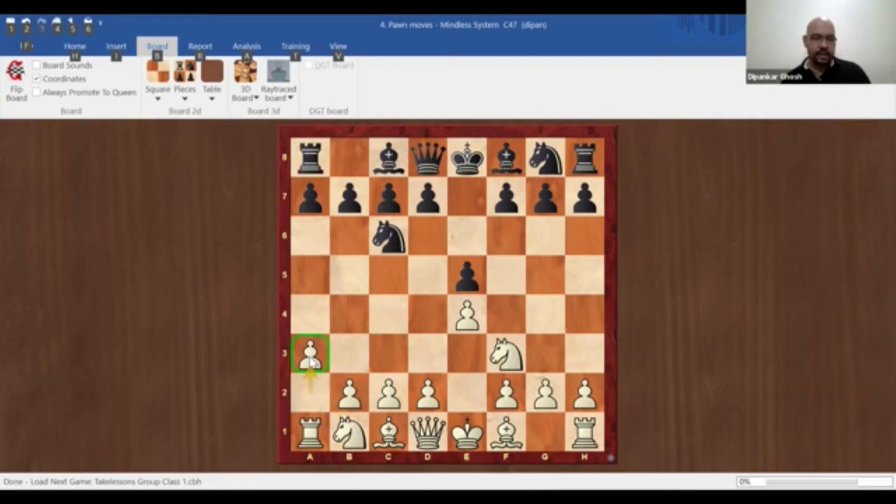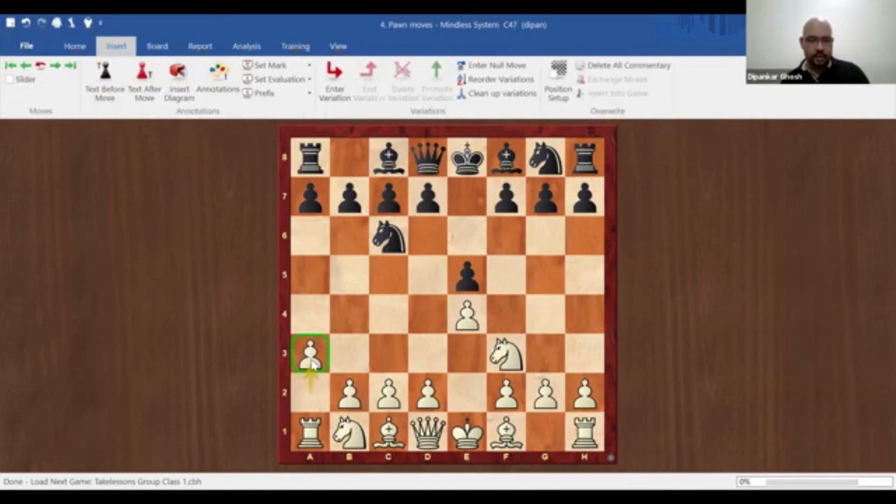No, but many players will reason that, oh, I don't want a knight to come here someday. I don't want a bishop to come here someday. So I am preventing these by playing a3. But this is not something that has to be prevented. That's why these pawn moves are a waste of time. And as we know, we should be prioritizing getting our pieces out. So instead of a3, you would be much better off just bringing a knight or a bishop out.